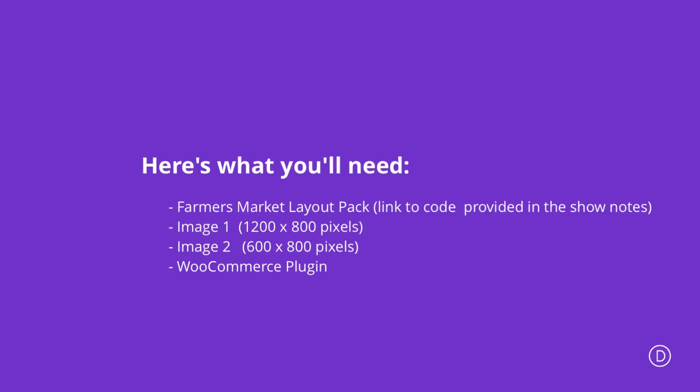We're also going to use an image which has dimensions of 1200 by 800 pixels. This main image is going to be for the page title, and then we're also going to need one more image which is 600 by 800 pixels. And finally, we're going to need our WooCommerce plugin, so I'll show you as well how to set it up. So without wasting a lot of time, let's dive in and let me show you how we managed to create